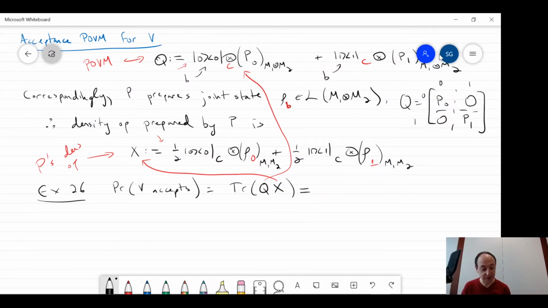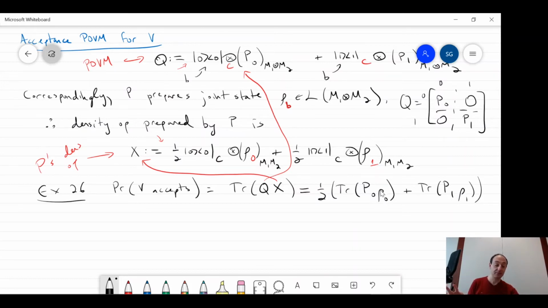And I'll let you work this out on your own, but when you actually do this multiplication, what you'll get is a half times the trace of P0 times rho 0 plus the trace of P1 times rho 1. And think about that for a second. This is more or less what we expect should come out, right? Because it's probably a half,